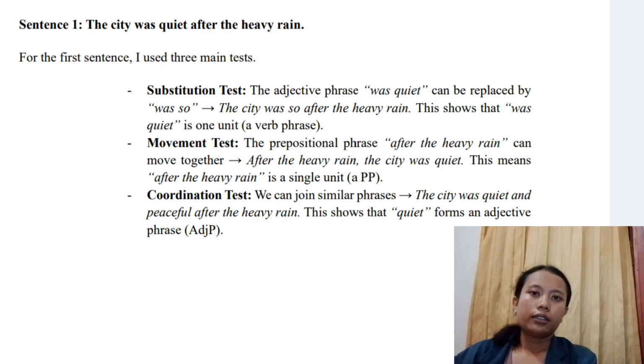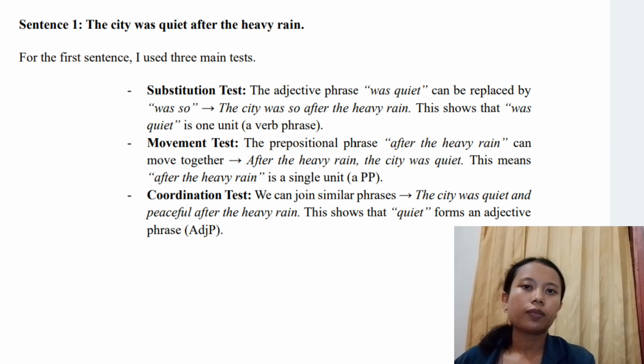And the third one is the coordination test. This test joins two similar phrases with and or or. If it works, the part is a phrase. For example, the city was quiet and peaceful after the heavy rain. Here, quiet and peaceful are both adjective phrases, so this test confirms that quiet is an